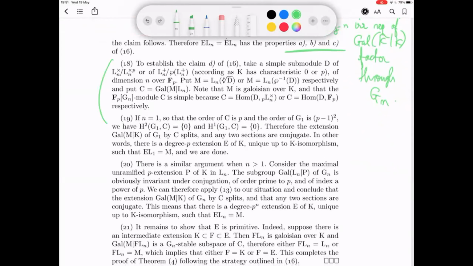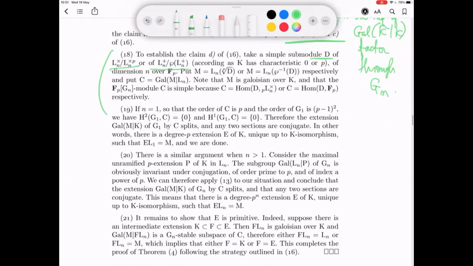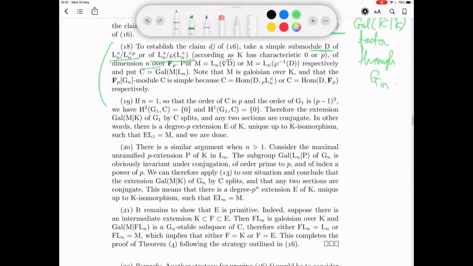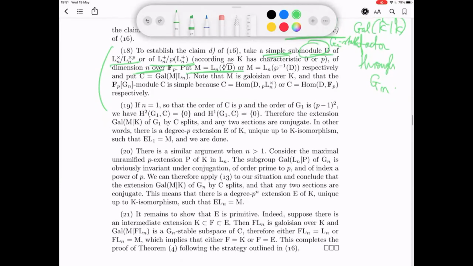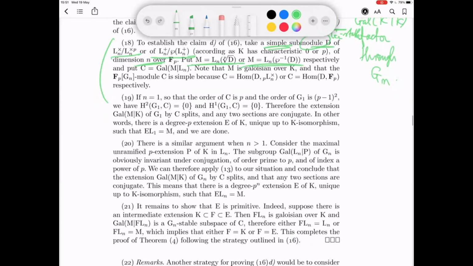Now this is the converse. So you start with a simple submodule D of this or this, and of degree n means it's of dimension n over F_p. It's an arbitrary simple submodule. Submodule is important, so it's automatically G_n stable, right? And you put M equal to this or this, depending upon what the characteristic is, and let C